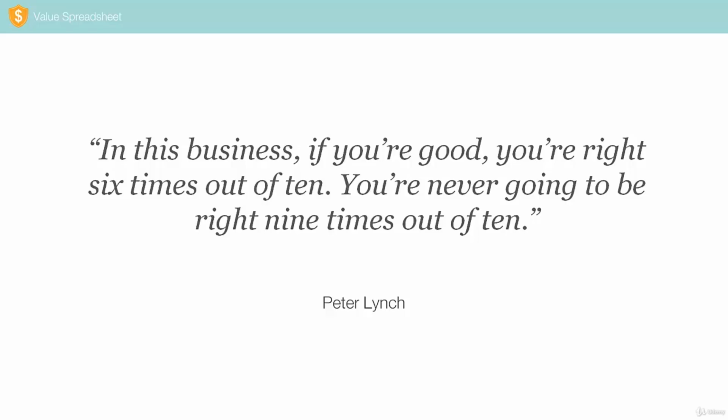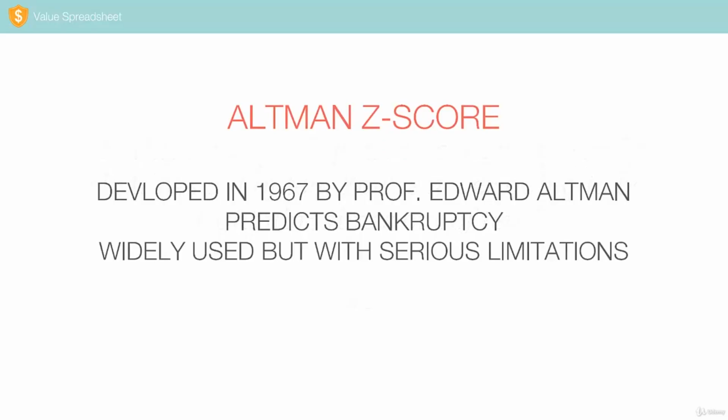There are 2 major scientific models to identify companies which might experience financial troubles in the near future. I will only describe these models here briefly, but you can find a more detailed explanation, including formulas, in a document which is part of this module. The first model is the Altman Z-score, developed in 1967 by the finance professor Edward Altman. His Z-score is based on 5 financial ratios, which can be easily calculated from the financial statement data of a company. The Z-score is used to predict whether a company is headed for bankruptcy within the next couple of years.